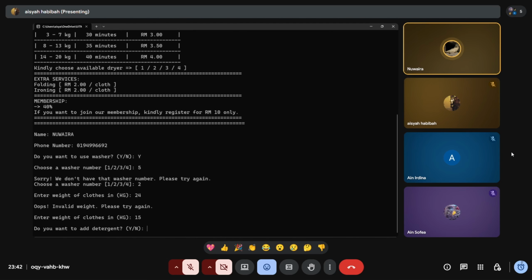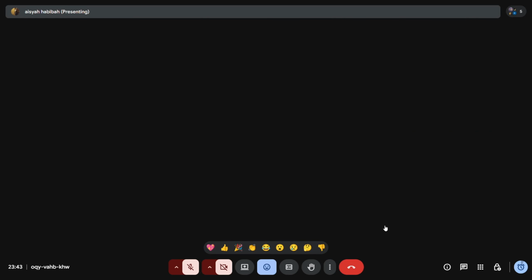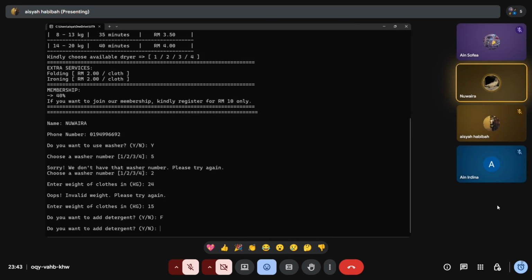Okay, so it seems like 15 is in the weight range. And then it will proceed to the next question. It will ask the user to input whether they want to use the detergent. So I will try to input F. Okay, then it will display the same question because I input F instead of Y or N. So this time I will try to input N,